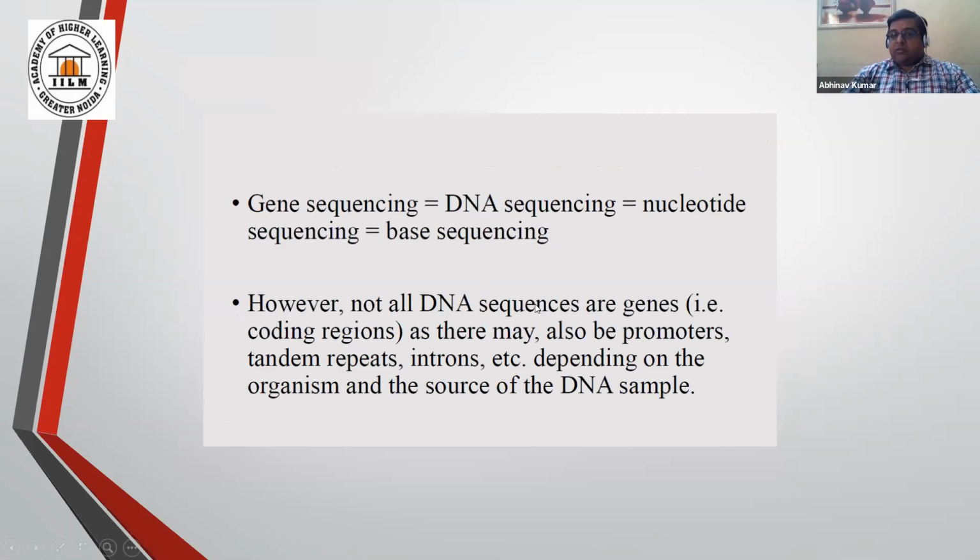I have already told that not all DNA sequences are genes. And there are some compliances, like there should be a promoter, there should be a terminator. Everything is there, because to start transcription and translation, they need a promoter, and to regulate the whole scenario, you need a terminator. So this is the primary requirement to be a gene.